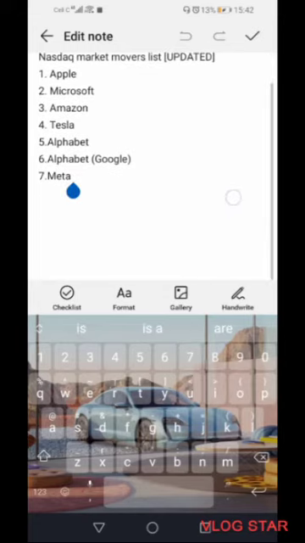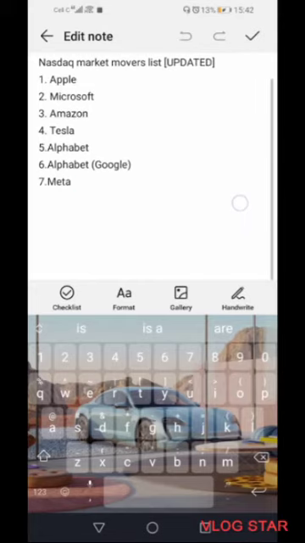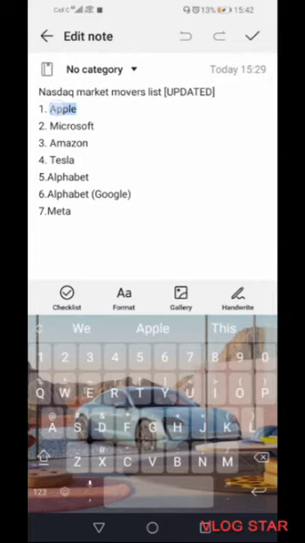So the order has changed. And also notice Netflix is not even there on the list. Netflix is not even top 10. Okay? So now here's what we need to do. We need to pay special attention to Apple